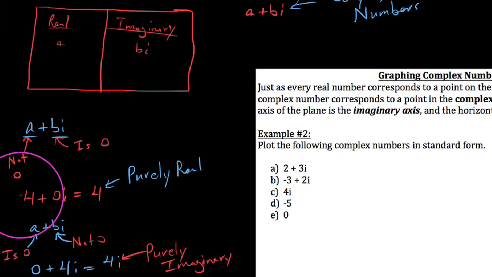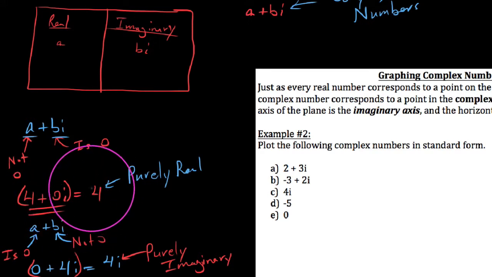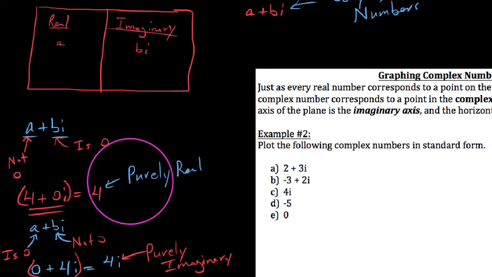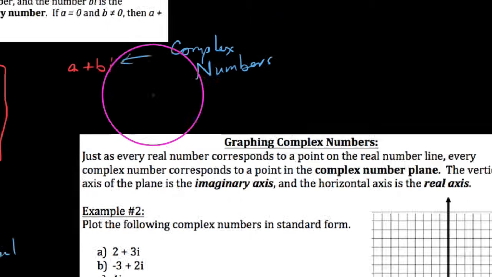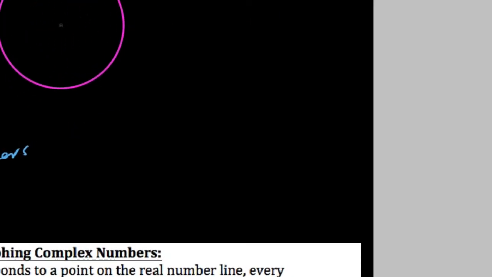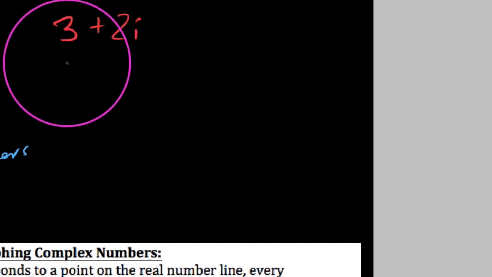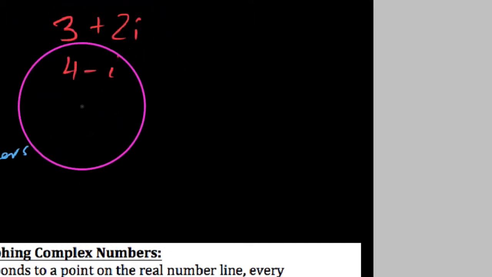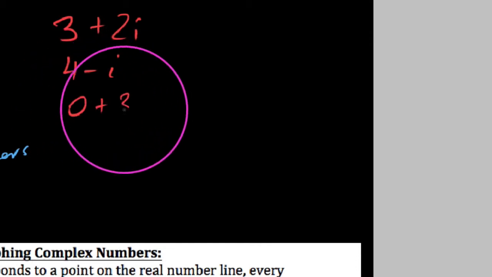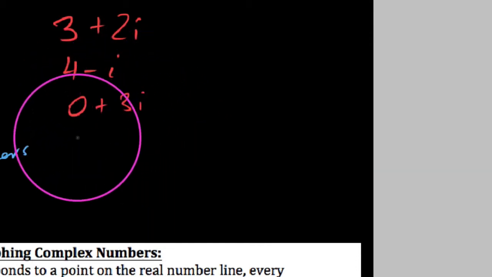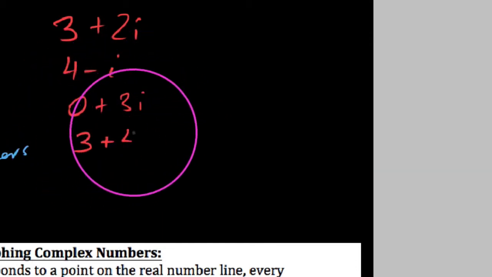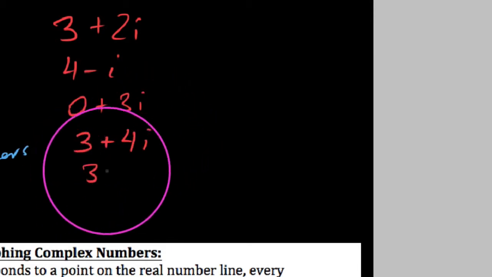A complex number in standard form can be written in a plus bi form. So these two numbers here are both complex numbers. It's just that in these instances they're also purely real and purely imaginary, respectively. Complex numbers would be any number that has a real part and an imaginary part. 3 plus 2i would be a complex number. 4 minus i, that would be a complex number. We could even say 0 plus 3i is complex, just as much as 3 plus 4i would be complex, or 3 plus